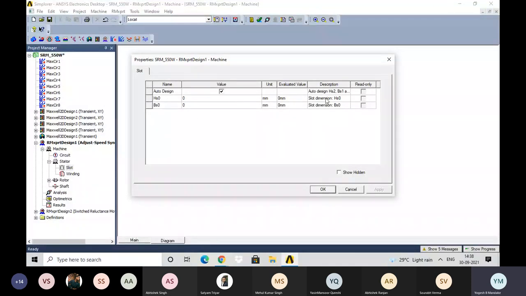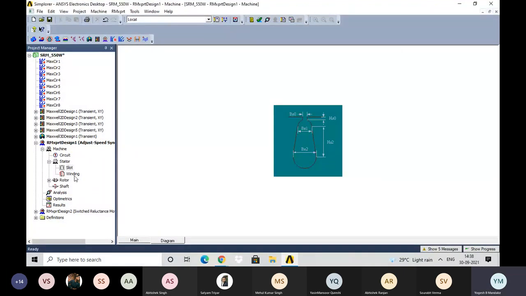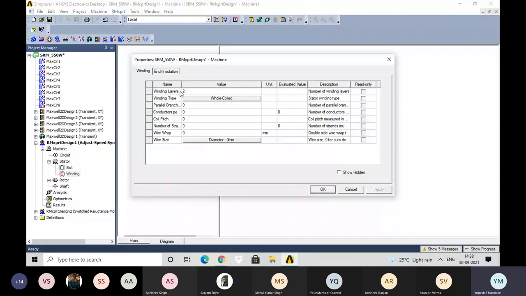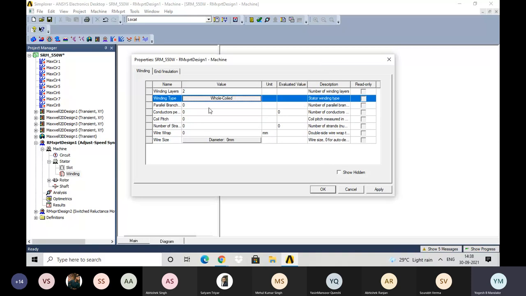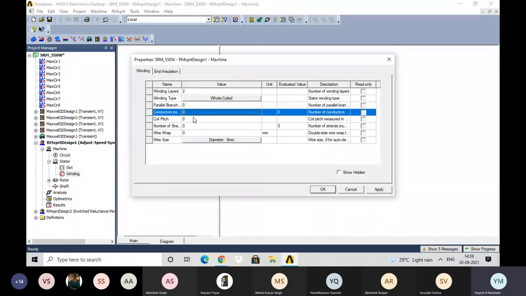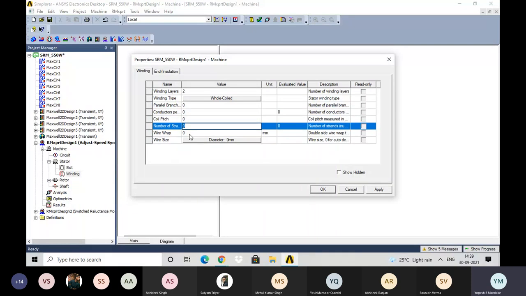Like HS0 means slot dimension HS0 and slot dimension BH0. So you need to give these values as input. Then winding. In case of the winding, what are the winding layers? For example, two. What type of winding do you need, like whole coiled or half coiled, or if you want to edit the winding type yourself, then you can select accordingly. Then parallel branches, how many parallel branches are available in the winding, conductors per slot, then coil pitch, number of strands, wire wrap, wire size. Those options you can